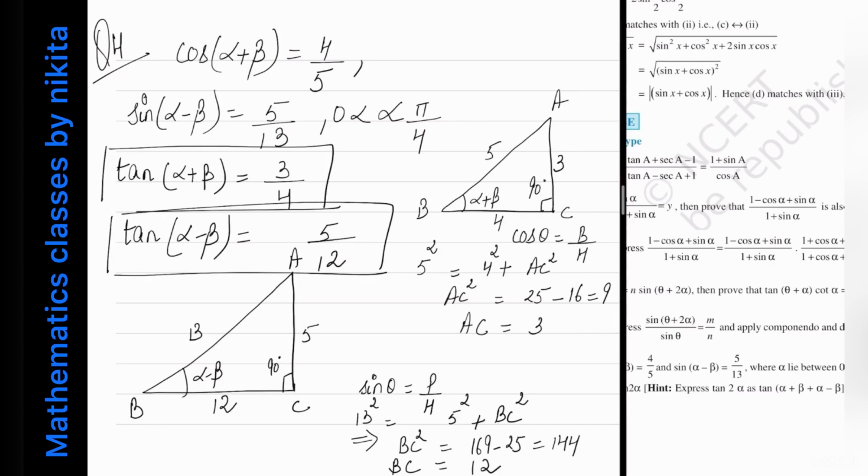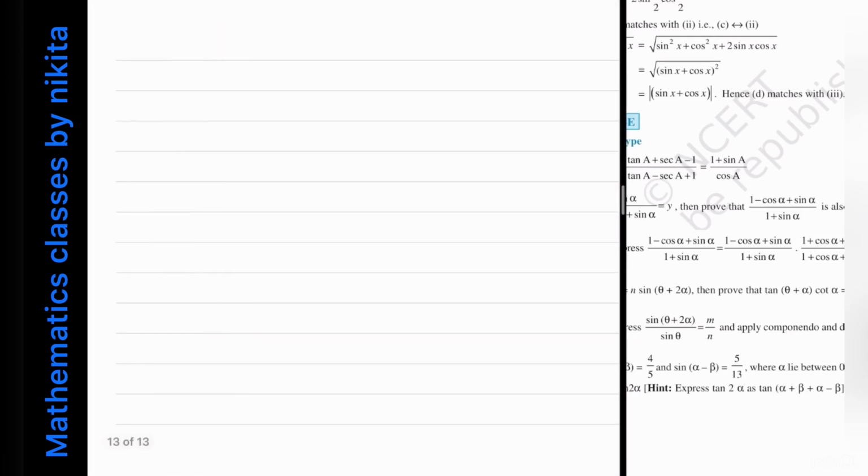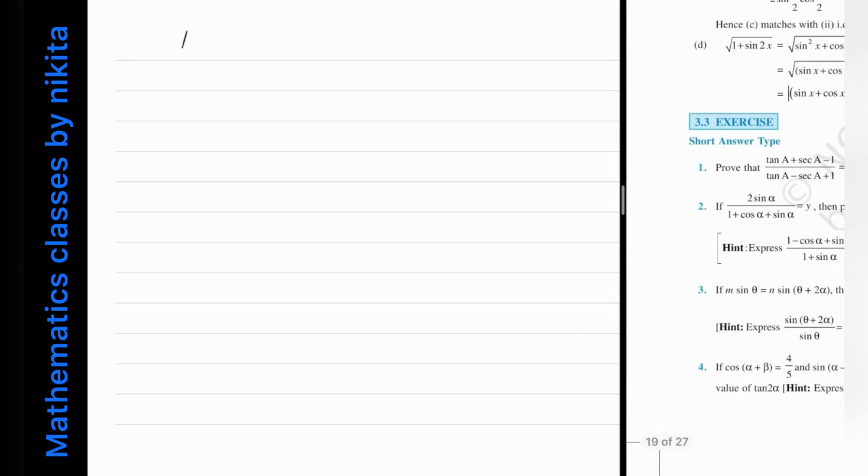Now let's see how to solve it. Now we have to find tan 2 alpha. Okay, find the value of tan of 2 alpha. Now tan of 2 alpha can be written as tan of alpha plus beta and then plus alpha minus beta, because you can see that beta and beta will cancel out. You will be left with tan of 2 alpha and this is equal to,